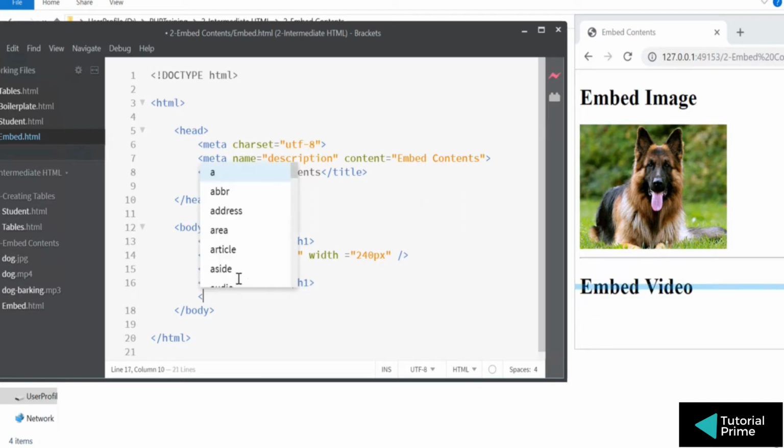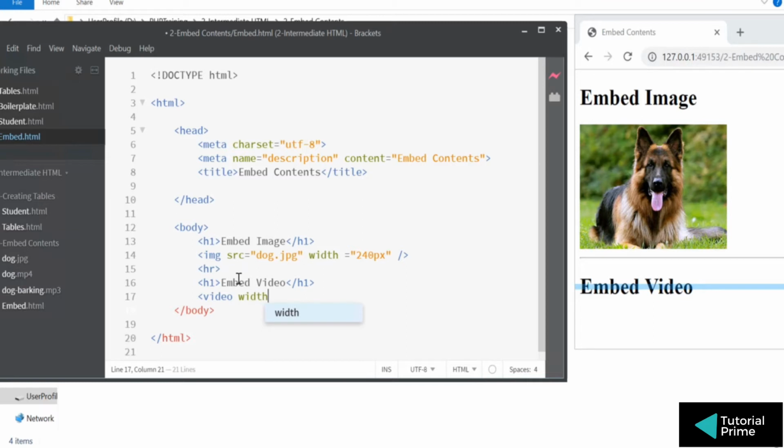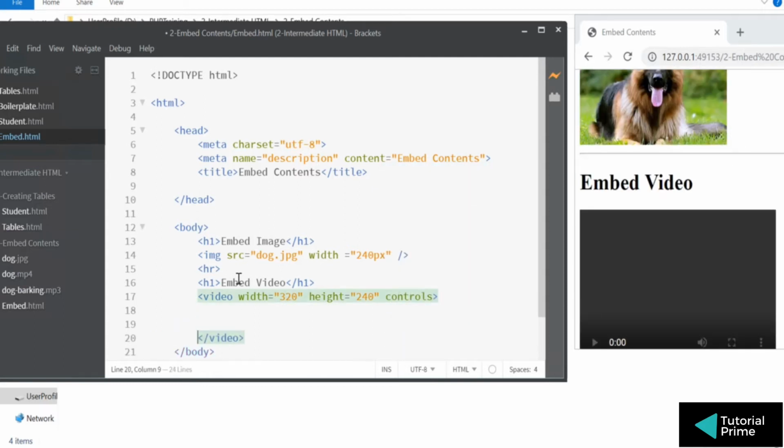Okay, so you have a video tag for this, and video has width. You can mention what is the width of your video, and then you can mention what is the height of the video. So I'm going to say 240, and then you can mention what controls you want. I want to define my own controls, so now I'll define the controls, and I will define the source of that file. Okay, so for that, inside the video you have a tag called source, and then you have to mention what is your source. So this is my source. Okay, and what is the type of it,